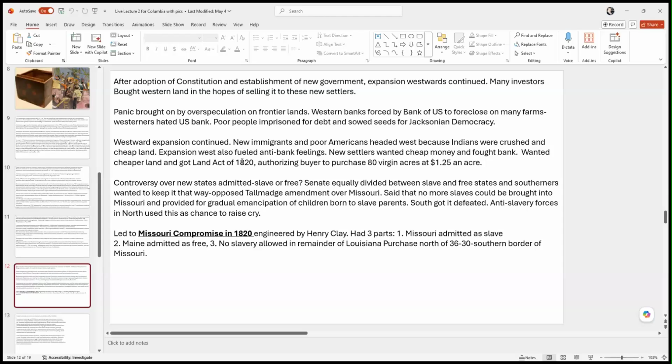Now, the southern states that basically had slavery were worried that the Senate, which was equally divided between slave and non-slave states, would pass a law to abolish slavery if more free states got into the Senate, and that'd be the end for their economic system. So what ends up happening is a beginning of political compromises.